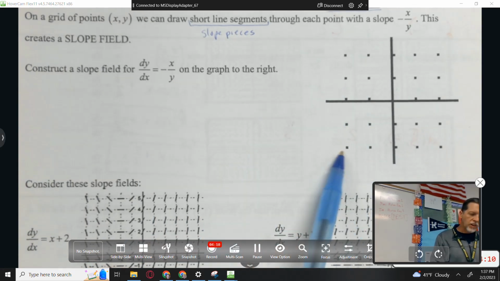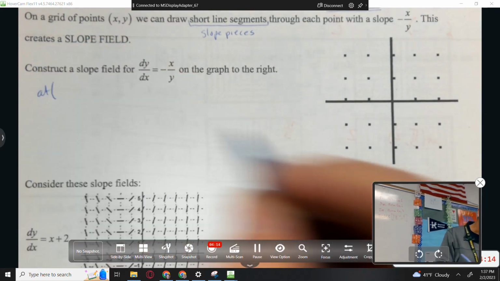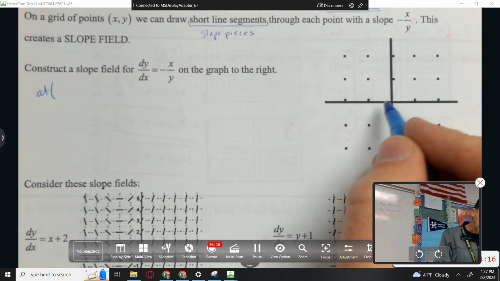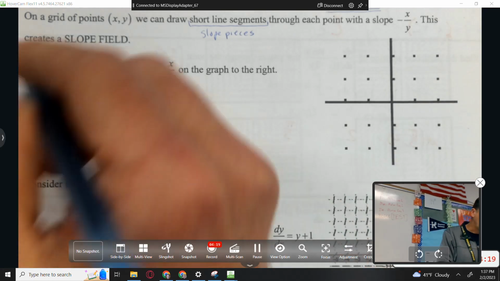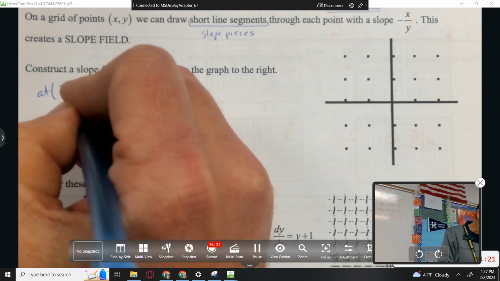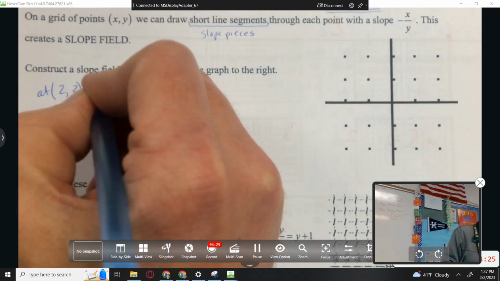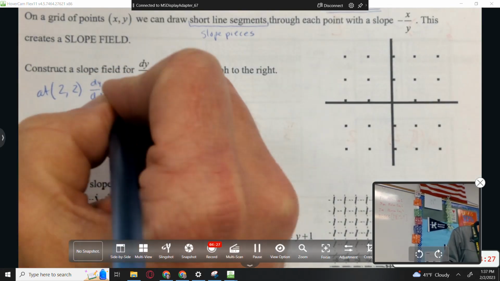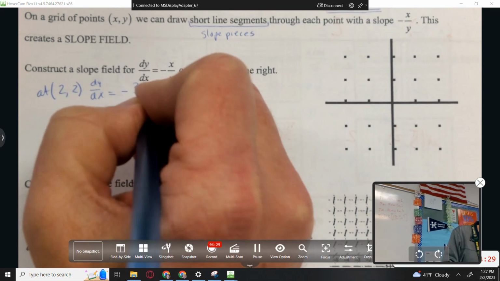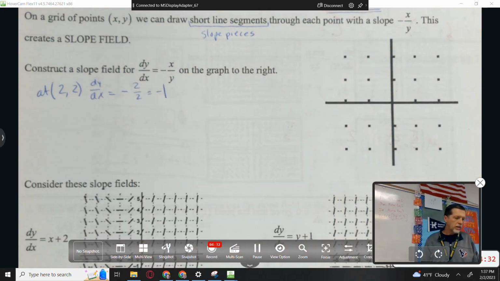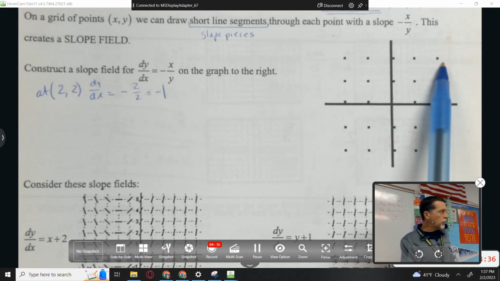So let's just start over here. It doesn't matter where we start really. I guess it's probably easier to start where we're all positive. So let's start at 2, 2. At 2, 2, dy dx equals negative 2 over 2, negative 1. So at the point 2, 2,